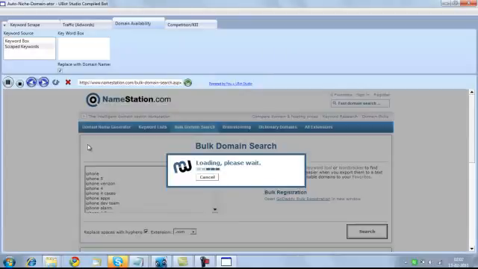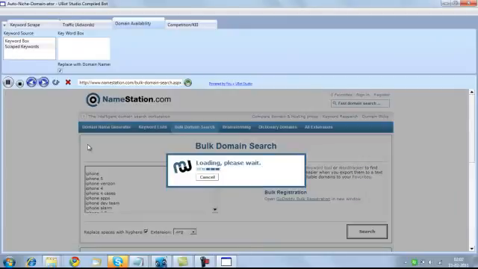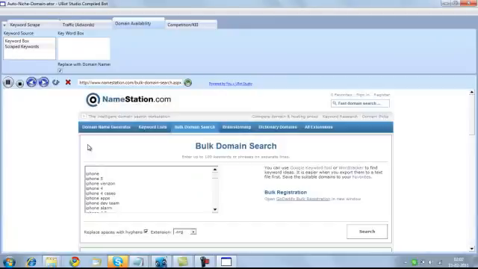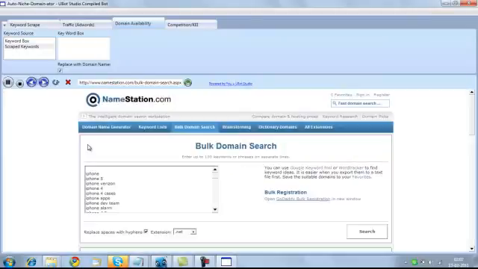It will find the domain names related to all your keywords. First it will search for the .com extension, then the .org extension, and then the .net extension. It also has an option of replacing spaces with hyphens. So essentially it finds you 6 different domain options for each of your keywords.